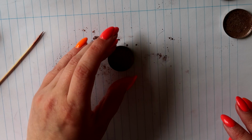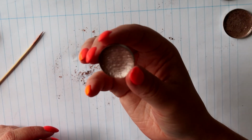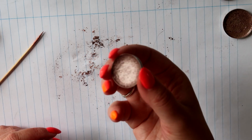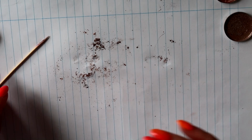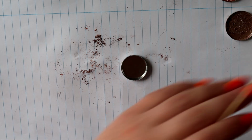Shadow done. Sorry about this lighting. It's very hard to see what color I'm actually making, but oh, this is it. Okay, next up, we are gonna mix the remainder of Metal Cupid